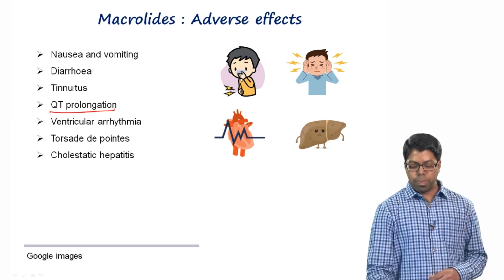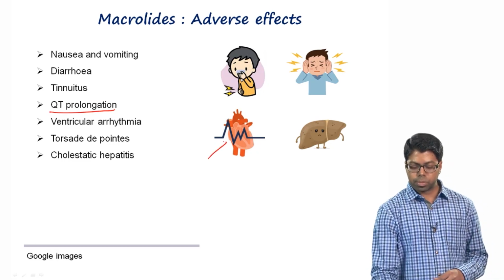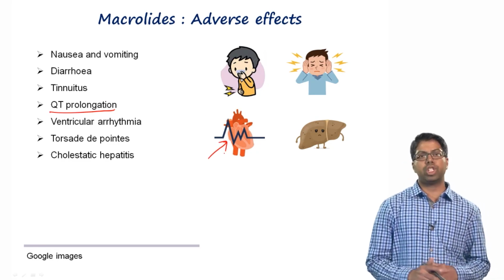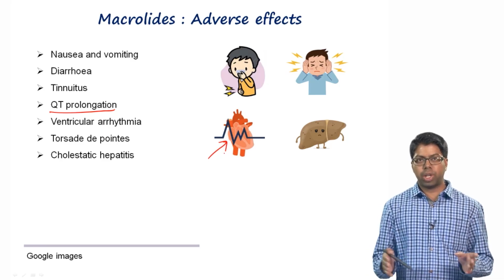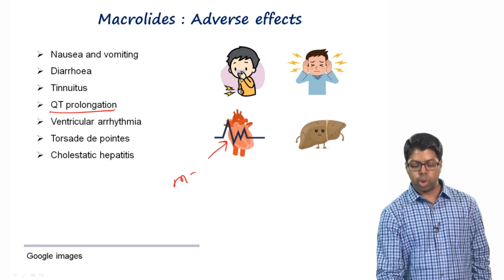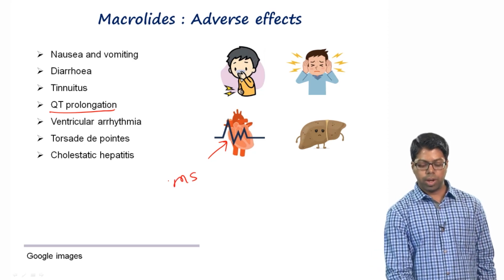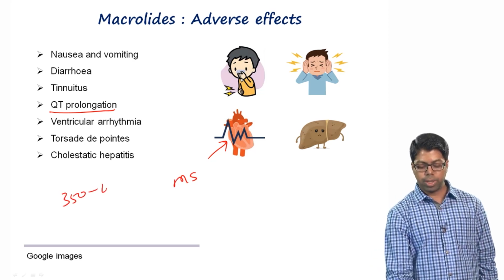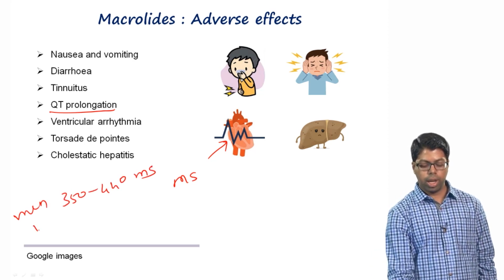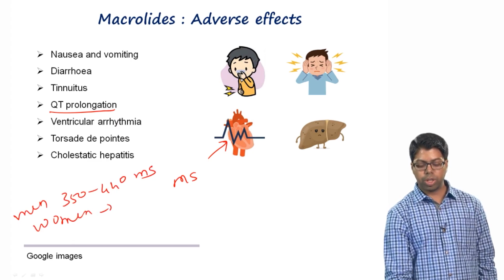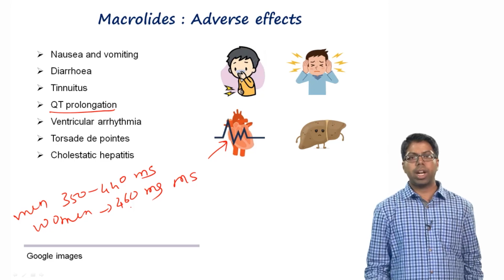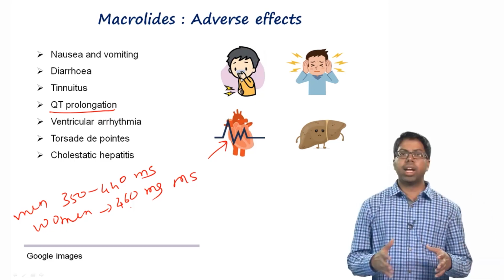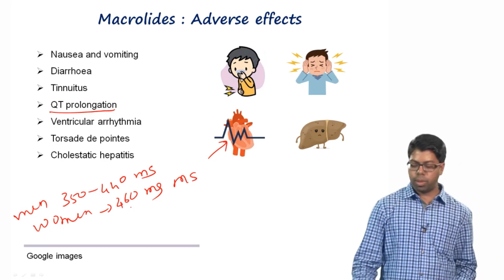QT interval is a part of the electrocardiogram that provides information about the heart and cardiac conditions of a patient. Generally, it is measured in milliseconds. In men, the QT interval is 350 to 440 milliseconds. In women, it is around 460 milliseconds. If this QT interval is greater than 500 milliseconds, it can lead to conditions called ventricular arrhythmia and